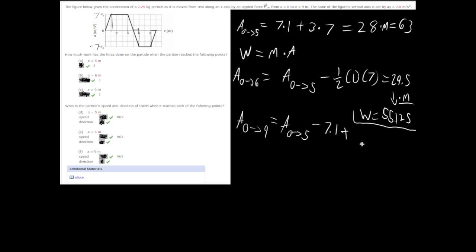plus, let's see, that would be 2 times 7. So that would be 14 plus 7. That would be 21. And now if we take 28, subtract 21, we're left with 7. And now we're going to times this by mass, times 2.25. And that gives us a work of